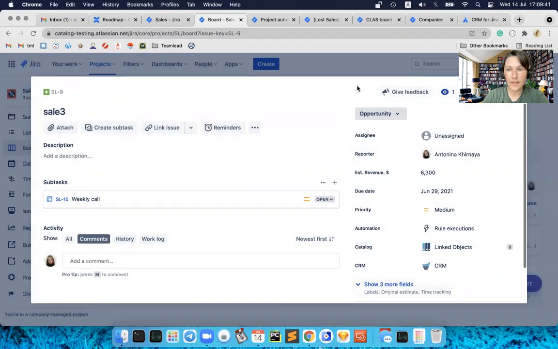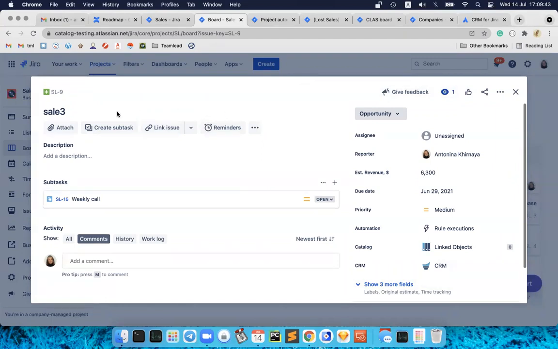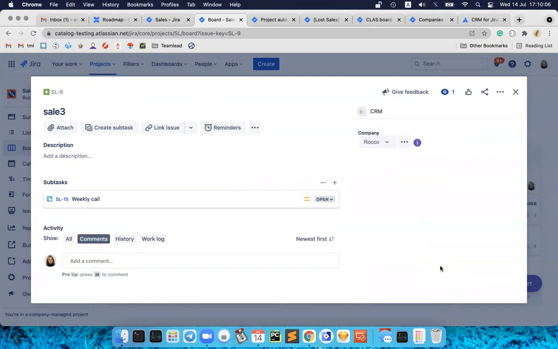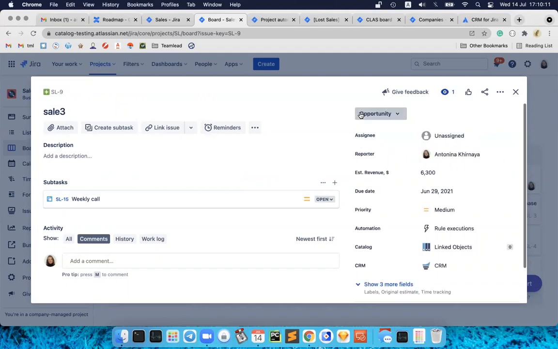Okay. So here is, for example, my sale. I can put here as many fields as I need. For this example, I only put estimated revenue for my sale. It's the standard number field, so also standard Jira functionality. And in each issue in Jira, you will find this section, CRM. This section is for CRM information